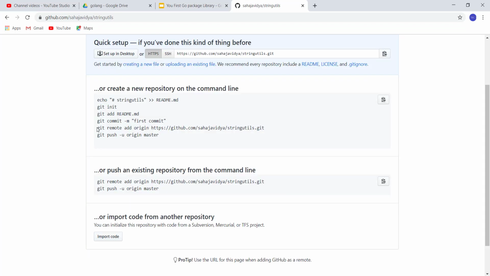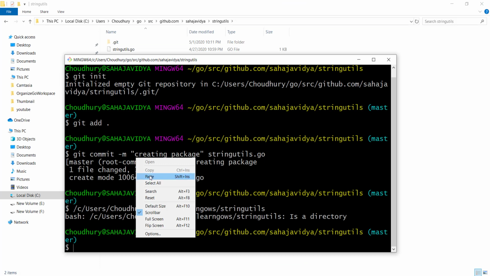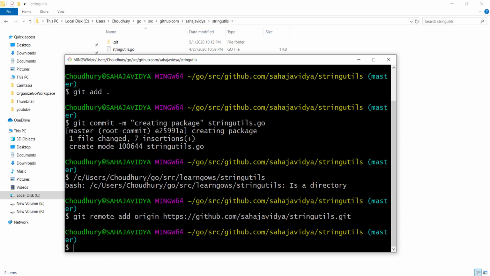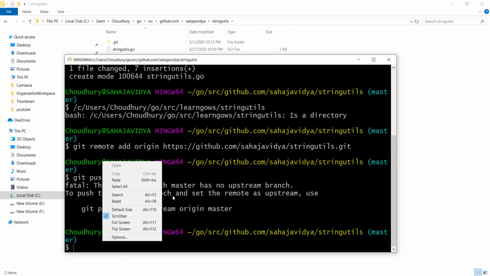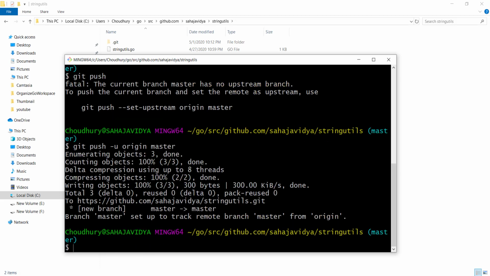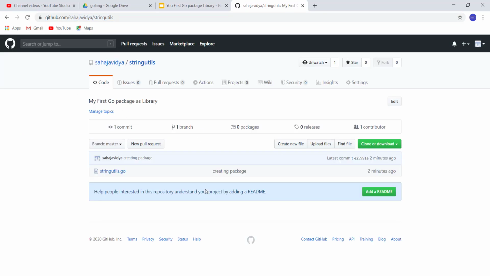So you can see it here, to add the remote repository, this is your remote repository path. Then git push, pushing the package to the remote repository. Let's refresh it. So now our package is created.